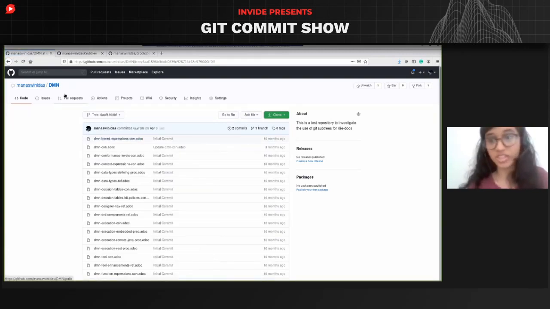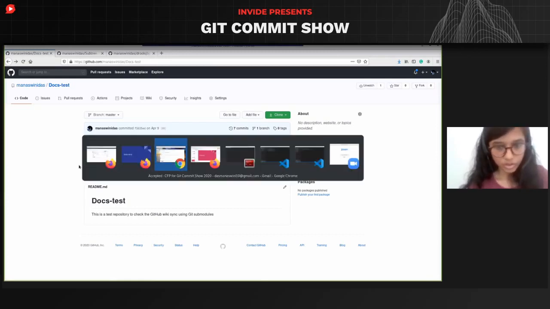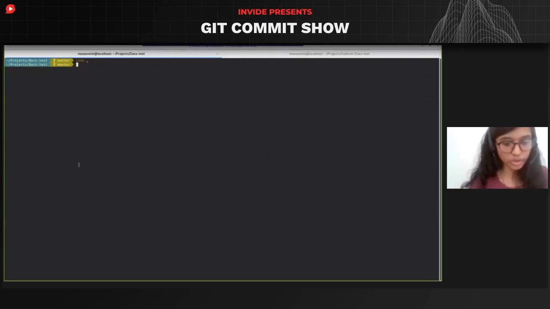Similarly, just reiterating what I said earlier, it is just a link. So yeah, this is how submodules look on GitHub. So let me just quickly walk you through some commands that I used to do that. If you want to add a submodule, you can just do a simple git submodule add followed by the URL. So let me just quickly do that.